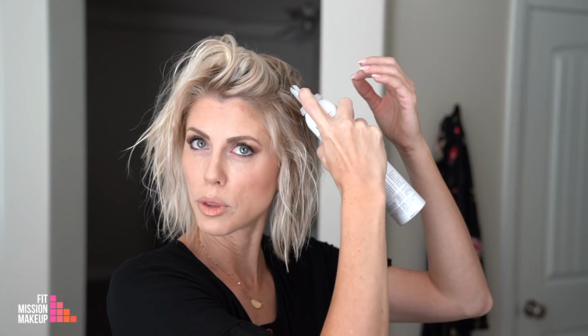So you can go in with the mousse all you want on your roots. Oops, all on your roots. You can really get it in there. You can put it in the palms of your hand, however you want to do it. You can put it in the palm of your hand, just don't overdo it. But we're not just putting it,